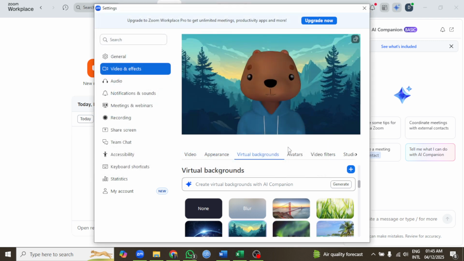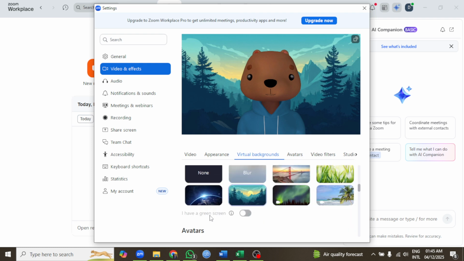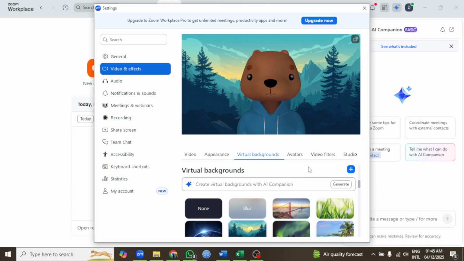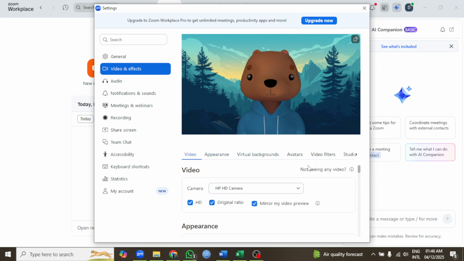Now go to the Video and Effects section. In many versions, this is labeled Backgrounds and Effects or Virtual Backgrounds in the left sidebar. Make sure the correct camera is selected at the top and check your lighting. Good, even lighting helps Zoom separate you cleanly from the background. Try to avoid